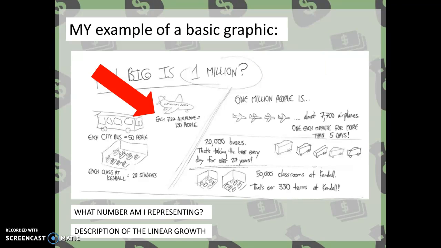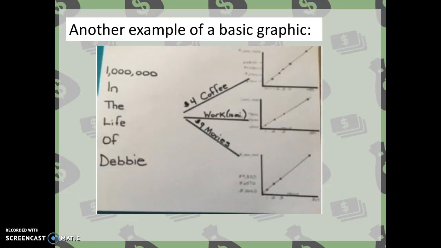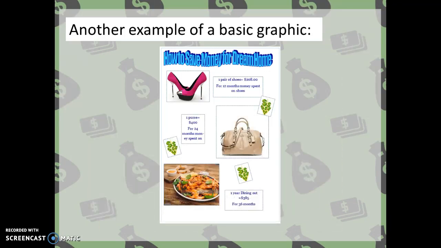Another thing is I want to be very clear about the linear growth. So each airplane, each bus, each class of Canada, that sort of thing. And the other thing I was very clear about is trying to connect the two, represent my big number with my linear model. So those are the 3 things that I went through, and as you see here, I'm taking the graphics